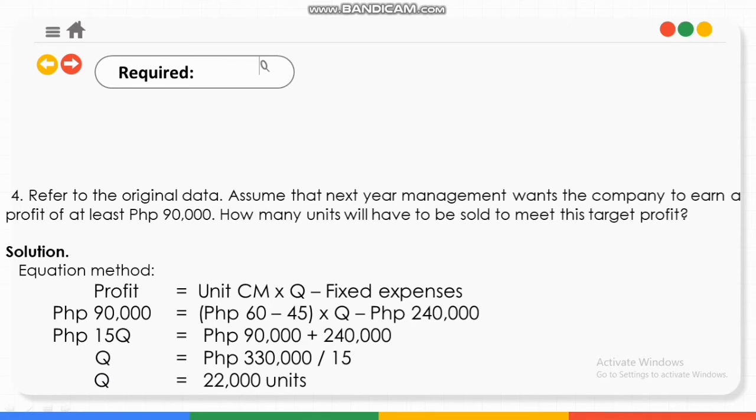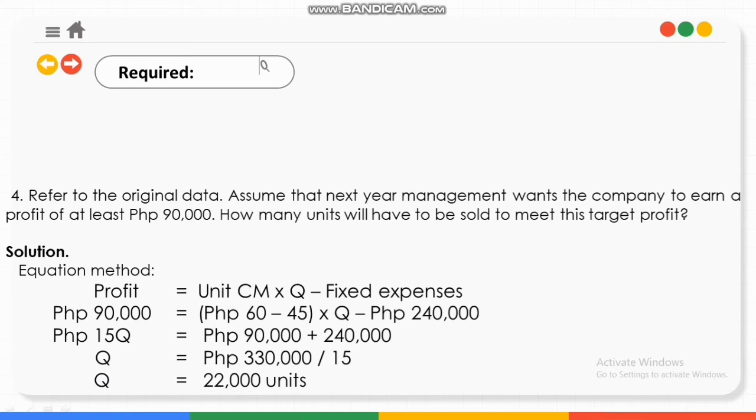Is equals to yung unit CM is equals to 60 minus 45 times Q. Tapos yung fixed expenses natin do sa given is 240,000 pesos. So, 60 minus 45 is equals to 15 times Q. So, 15Q. So, ilalagay natin dito yung sa kabila para ma-compute natin yung Q. Tapos yung 90,000 is ililipat din dito sa kabila. I-add dun sa 240,000. So, 90,000 plus 240,000 is equals to 330,000. So, ang magiging answer na natin is 15Q is equals to